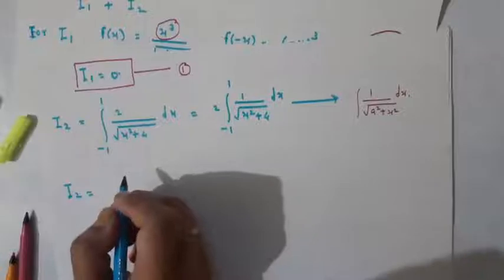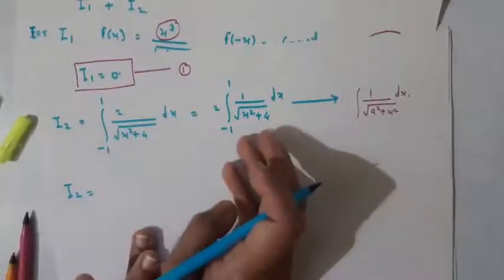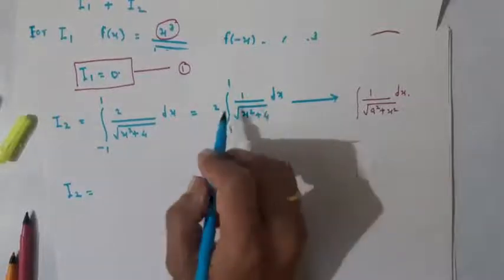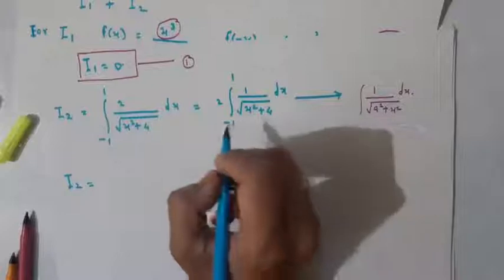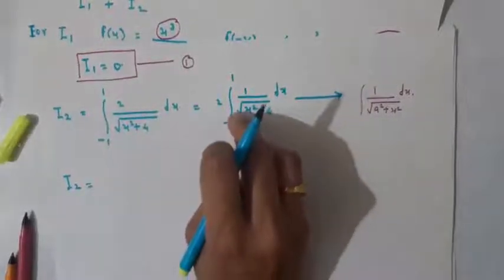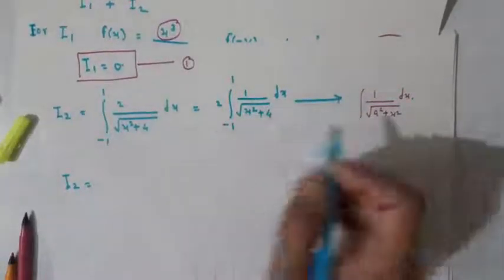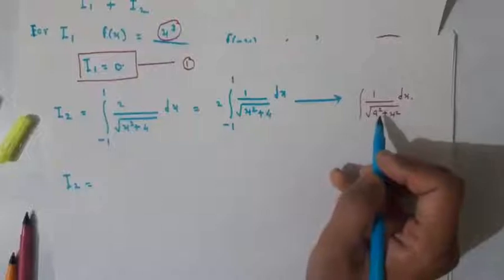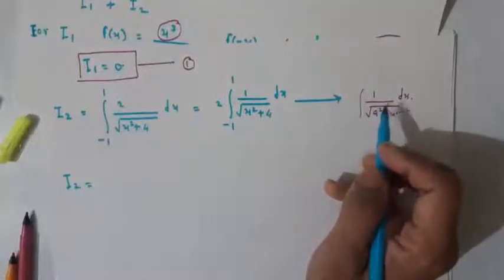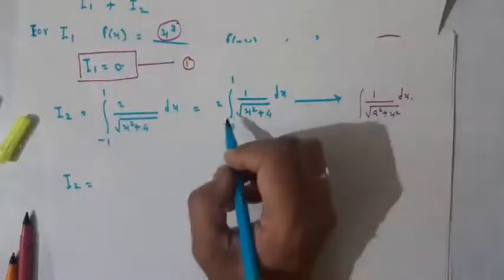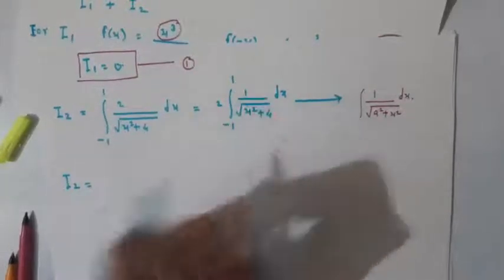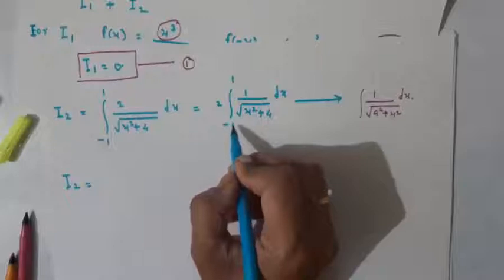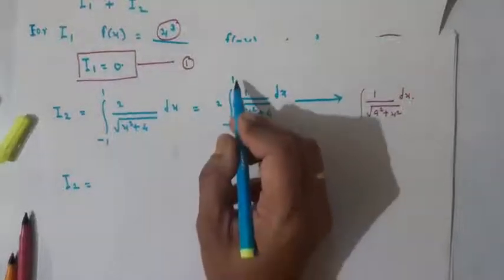Okay, students, now the integration is this. But before going to that, we have to check here whether the function is an even function or an odd function. See here, don't solve the problem directly. Before going to apply the formula, first identify whether the function is even or odd, because of the limits of integration minus 1 to 1.